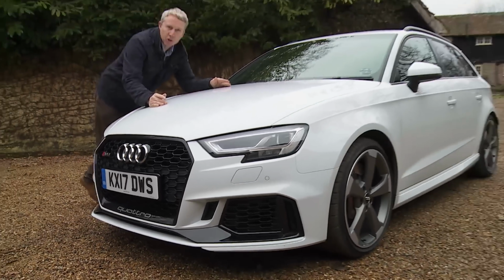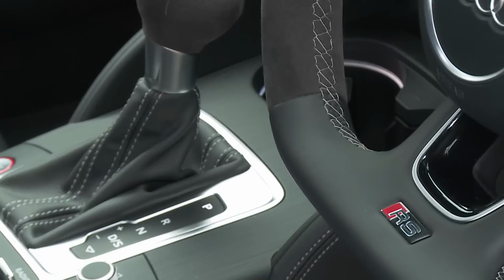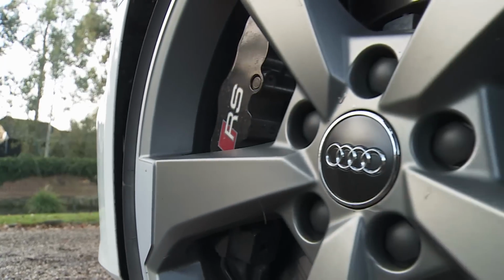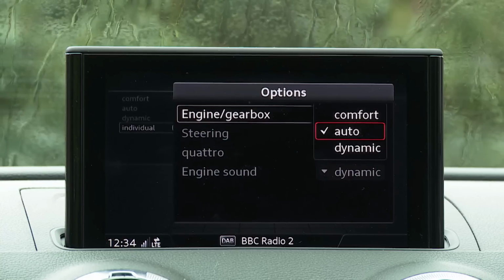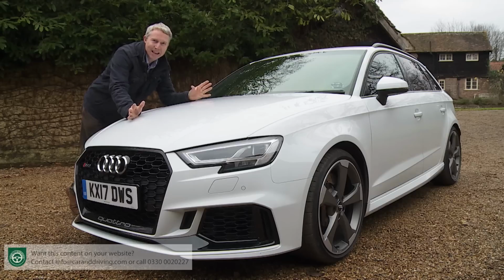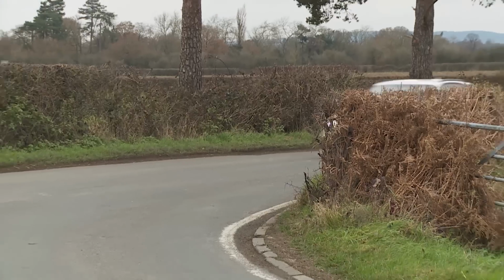Now, as you'd expect, there's Quattro permanent four-wheel drive and an S-tronic auto gearbox, plus firmer RS Sport suspension and an RS braking setup. There's also an RS version of the brand's Drive Select vehicle dynamic system that allows you to tweak throttle, steering and gear shift timings to suit the way you want to drive. And there's a progressive steering package that regulates steering feel according to driving conditions, improving directional stability as you turn